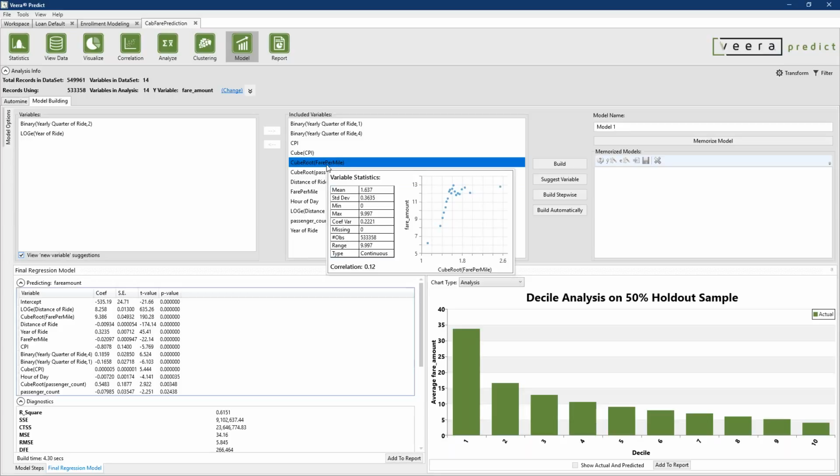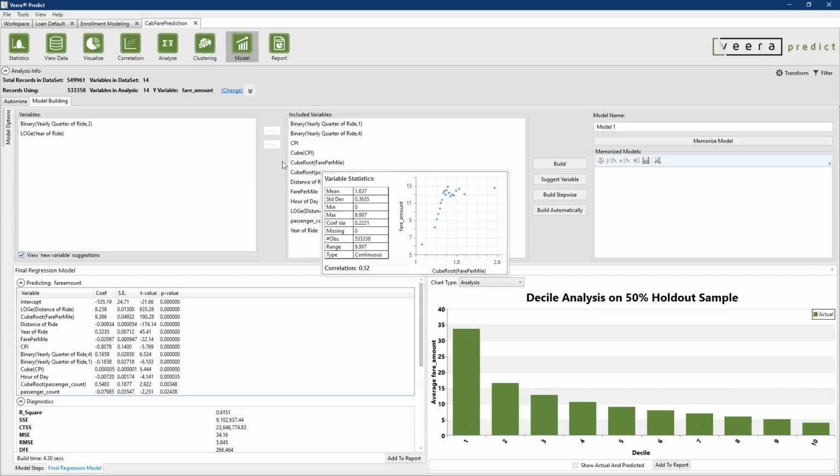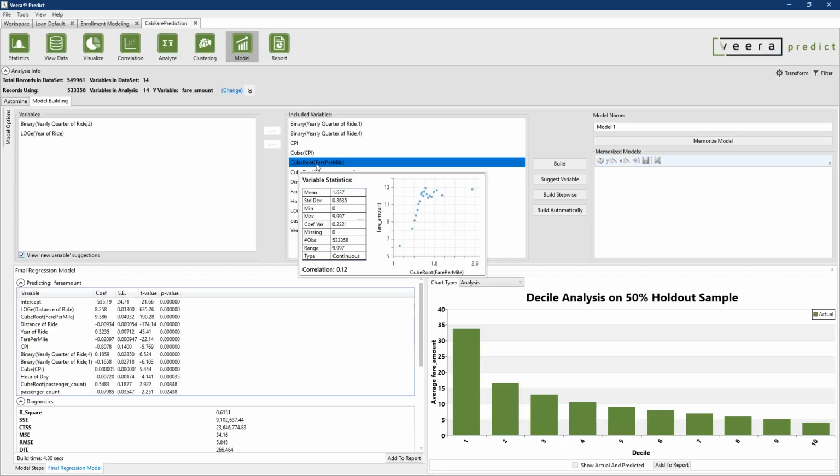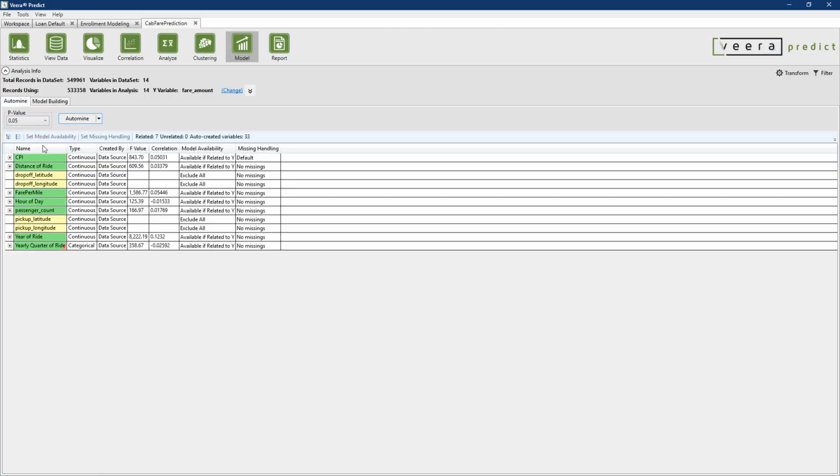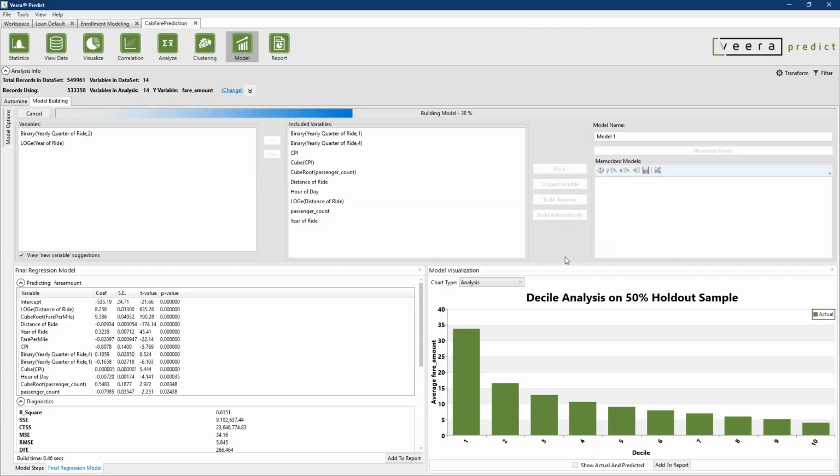So the fix is actually quite simple. And this is, I believe, kind of a combination of a surrogate variable and anachronistic. So the fare is not entirely dictated by the distance. Delays and traffic might contribute to it, but it's definitely standing in for the actual outcome. So what you would want to do is go back and say fare per mile, exclude that. I happened to know that that was a field that I calculated because I wanted to try predicting fare per mile instead of overall fare. But if I rebuild this model,